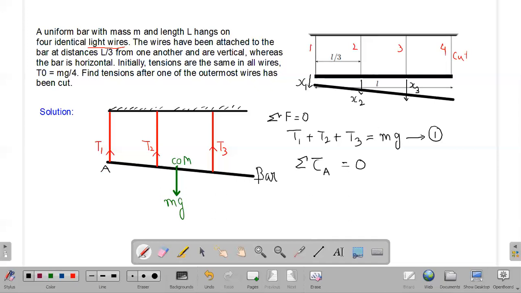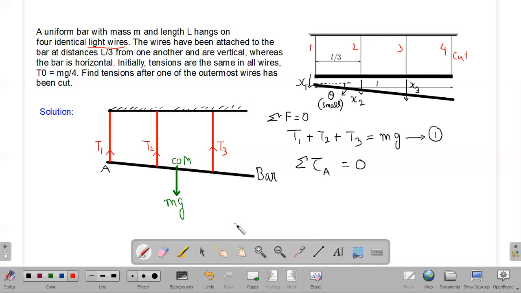For calculation of torque, I will approximately consider the bar as a horizontal bar. Though this bar has turned by some angle, that angle theta is a very small angle. Extensions in the wire are very small, so the rotation angle of this bar will be negligible as far as we are calculating the torque. So for the purpose of calculation of torque, we can consider the bar as a horizontal bar, and then the torques can be approximately written relative to the point A.